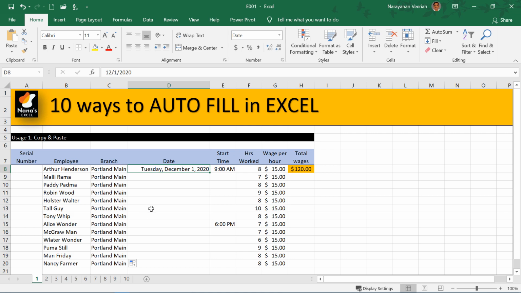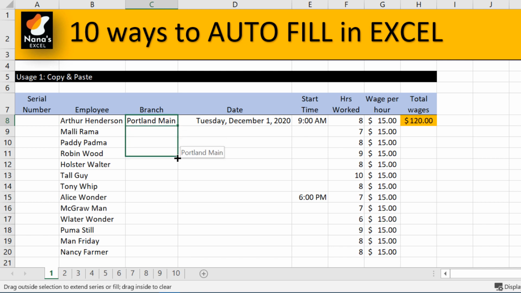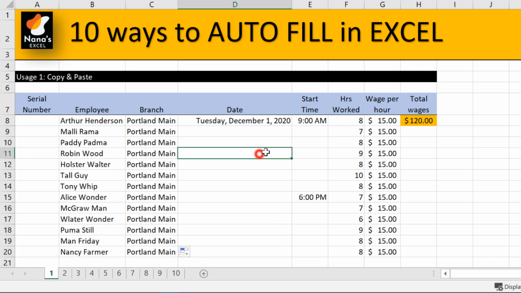Let us first see how to copy the cells. So let me undo this. Click on the autofill handle, drag it down and then release it up to the point where you wanted to copy. Then this copies the cell content. You can also use the autofill option here. So this is copy cells. This copies exactly what is there in the previous cell. Let's move on to the next usage.